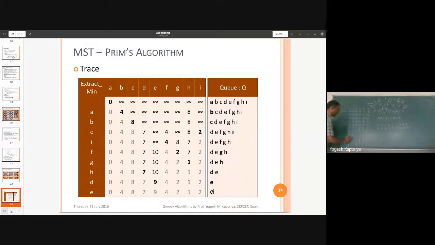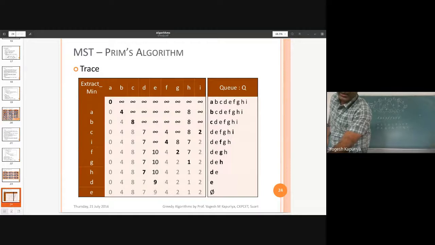So this will be updated to 9. And the parent of E will be updated to D. Okay. The next is E. No other vertex is in Q, so we can't change. Clear? This is the Queue approach.